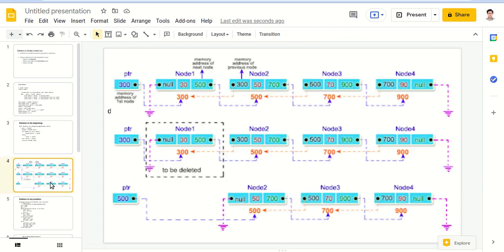Let's see the diagrammatic representation. We don't have a picture with the tail pointer, so just assume that another node is here which is pointing to the tail, like this.